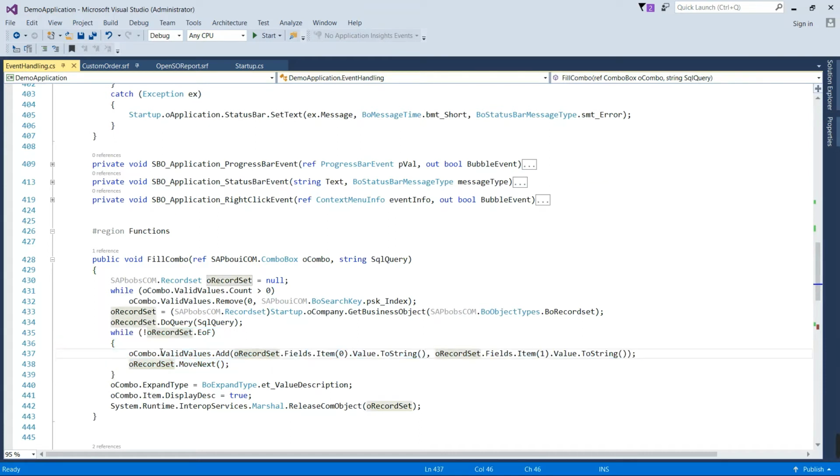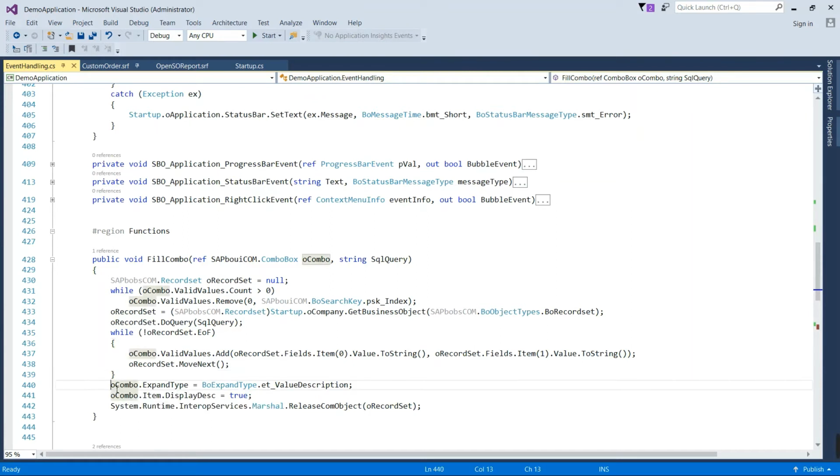And here with the help of the combo box ValidValues.Add function we are adding the values inside the combo box. This function takes two parameters, one is for value, that is this, and another one is for description. So in this way we are adding these values plus description inside the combo box.